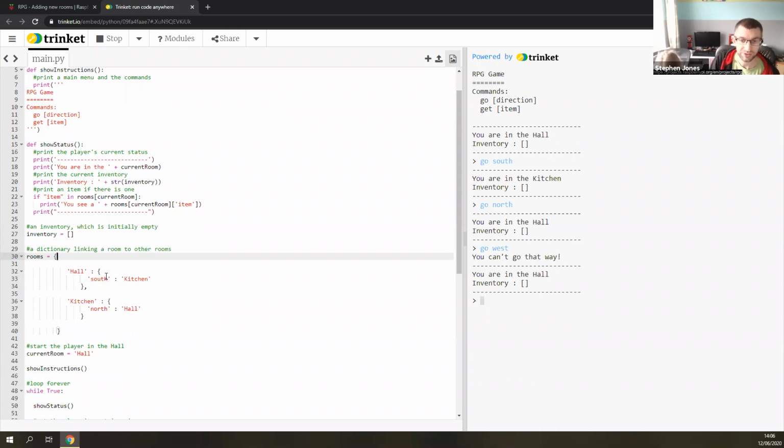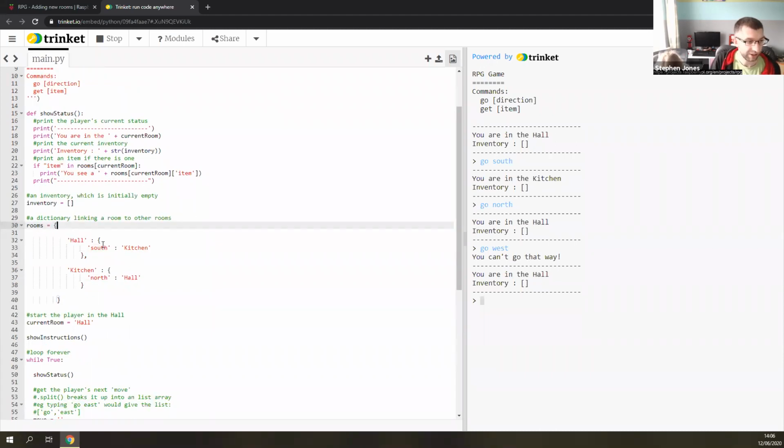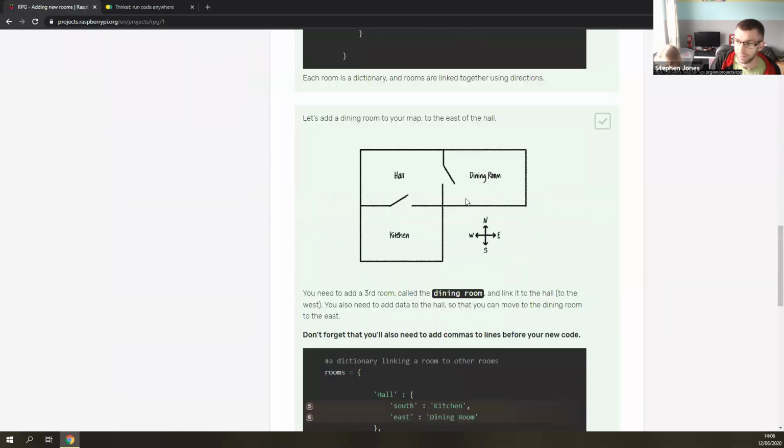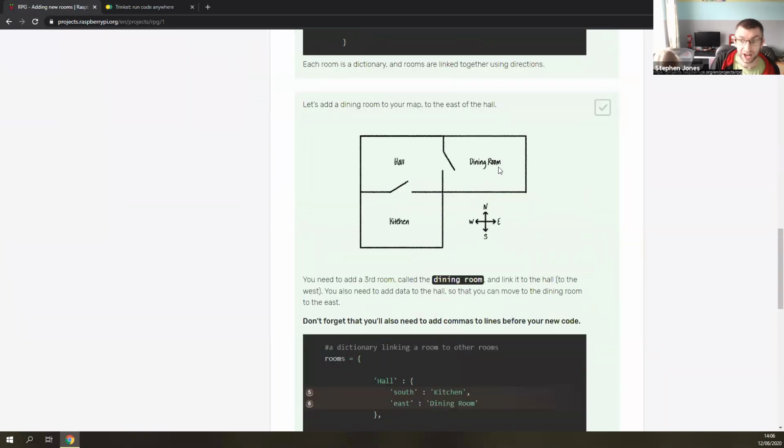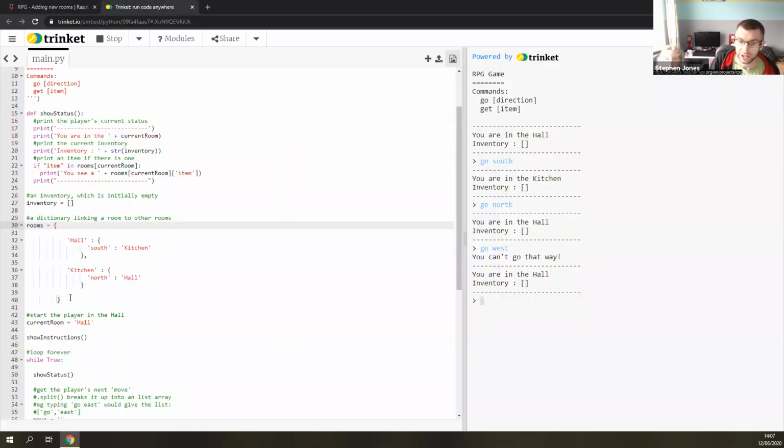So this is our dictionary that links our rooms together. At the moment, if we want to add in another room, say an extra room, we've got hall, kitchen, and a dining room. What we can do is add an extra bit down here. Most importantly, on these brackets after the kitchen, you put a comma here